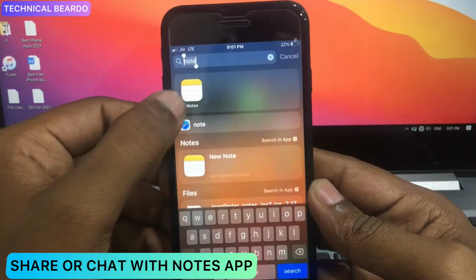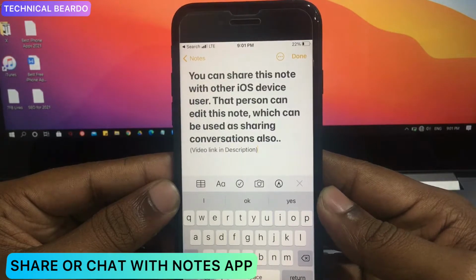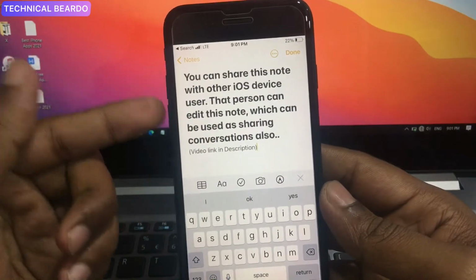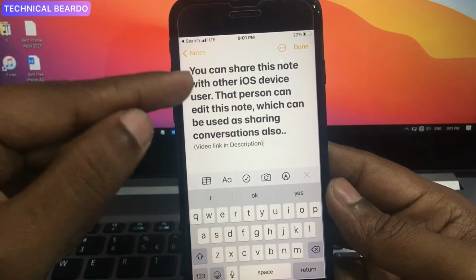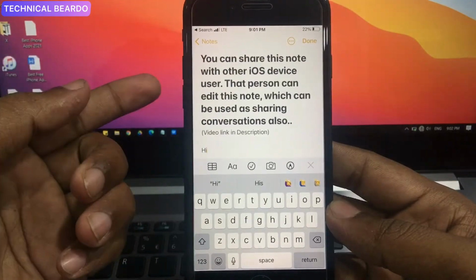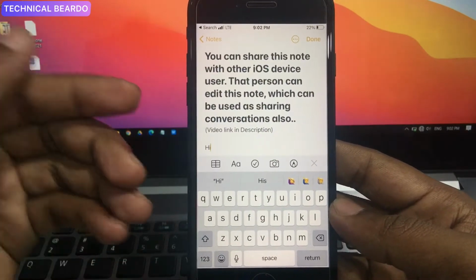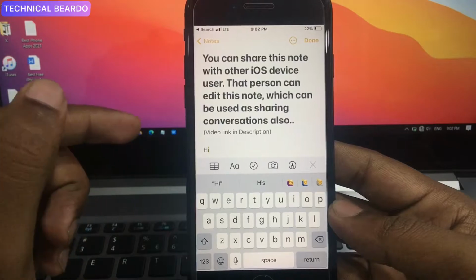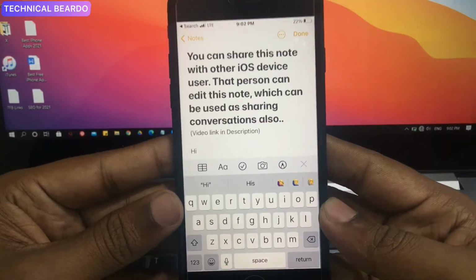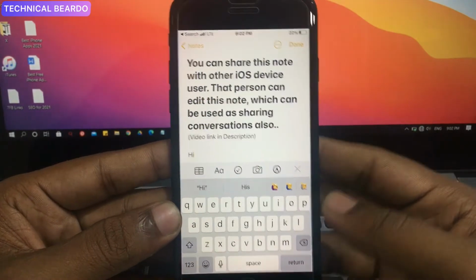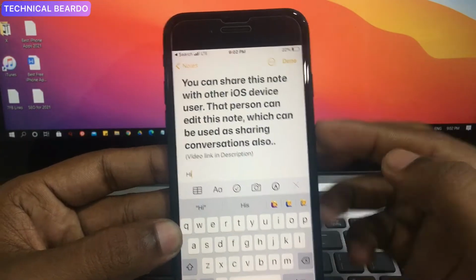So guys, the coming trick is very cool and awesome for all the iPhone users. Here I'll show you how to chat, iPhone to iPhone, just by using the Notes application. It's a very simple trick. Here, if you see, it's a note I created just for demo purposes. You can type anything like a hi or any greetings, and you can share the note. You can add members to this note, and when you add members, they can have access to the note and they can make changes. Whenever they make changes, you can also see them. For example, if there are two members in a single note, whenever each member enters anything in the note, it will be visible to both the members.